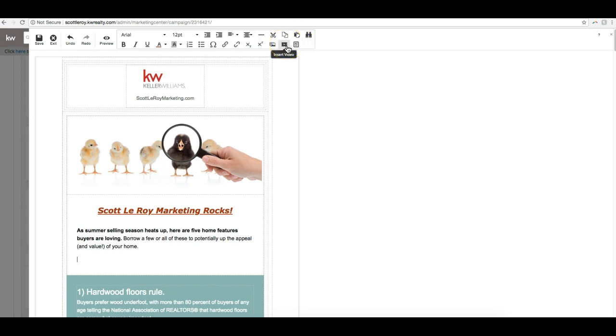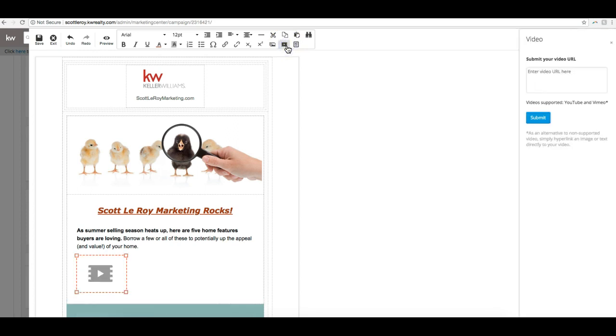So I'm going to click the Insert Video button. And to the right, it'll have a box pop up that says Submit your video URL. Enter your video URL here. So you can only add videos that have been uploaded to Vimeo and YouTube. So maybe you have an intro video on your phone or something, you would have to upload that to YouTube